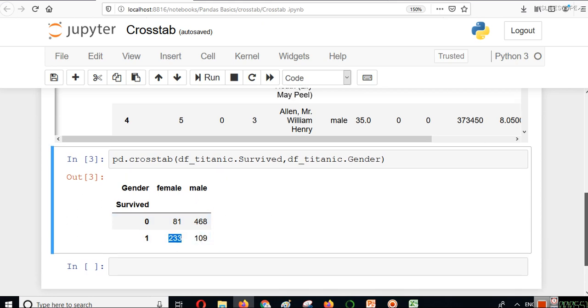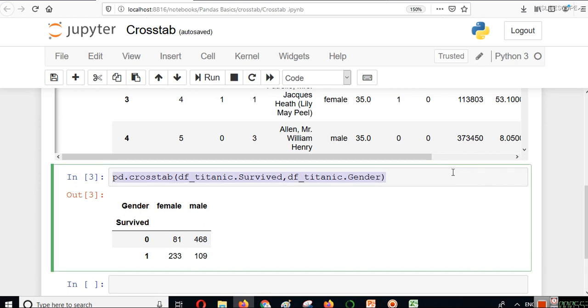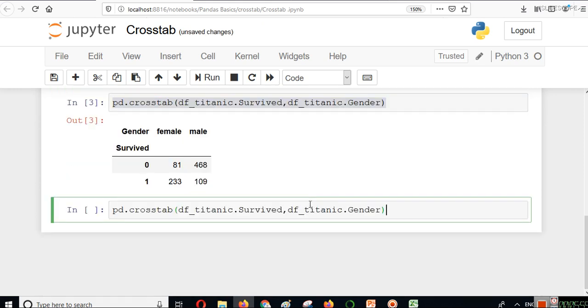Now the next thing is we can also visualize this kind of data. For visualization we will plot a simple bar plot here. This is your data frame, right? The value that you are getting here is your data frame. We can also save this data frame in some variable.